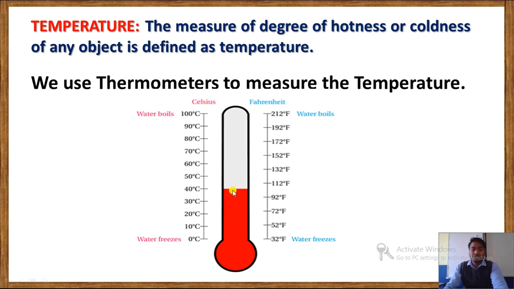As you can see in the picture here, on the left side we have the Celsius scale and on the right side we have the Fahrenheit scale, where you can see 0 degrees Celsius, that is the freezing point of water, and 100 degrees Celsius, that is the boiling point of water. When we see the Fahrenheit scale, 32 degrees Fahrenheit is the freezing point of water and 212 degrees Fahrenheit is the boiling point of water. Okay,